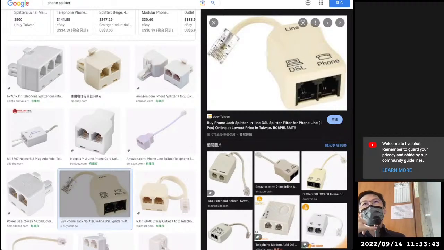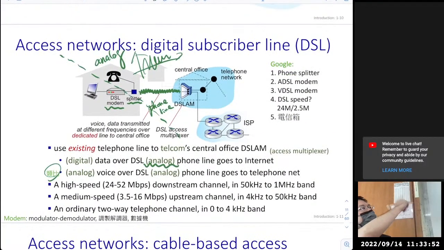So your phone still works. However, the left-hand side will connect to another device, which is called a DSL modem. So right here. 就是那个分接器啊，会有一个插分接的头嘛，那另外一边通往你原本的电话，那另外一边到 DSL 的 modem。